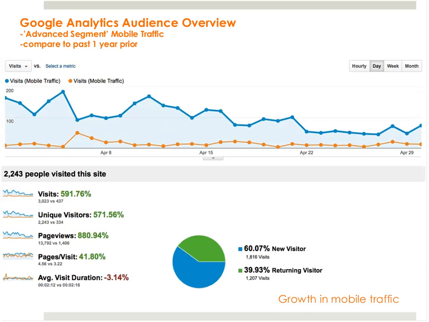So this is a report I ran where I went into the audience overview report, which basically is the visits overview. And if you go into advanced segments, which is a tab that you have an option to go into, you'll see that there's some preset default segments that Google Analytics has, and one of them is mobile traffic, another one is all visits. What you do is check the mobile traffic